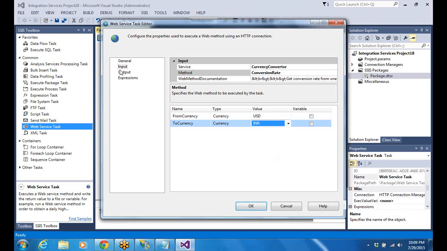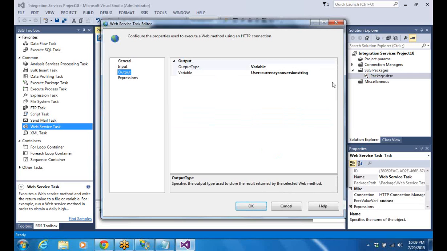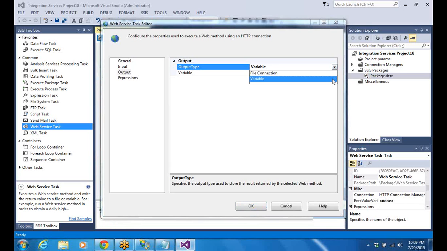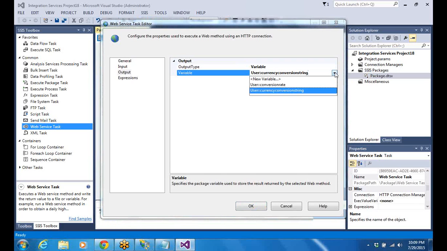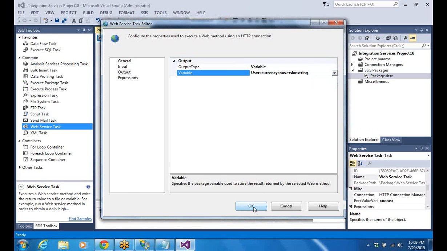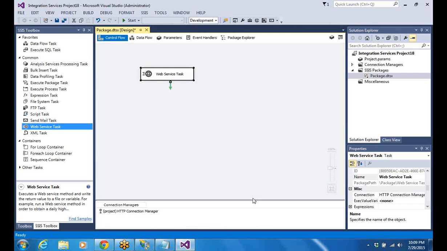Come to the output. Where exactly do you want to put the output here? Output is going to be what? Currency conversion string, where we are saving it. Variable, correct. Currency conversion string. Click on OK. Click on OK. You are getting this output like a variable. Here what you do now,